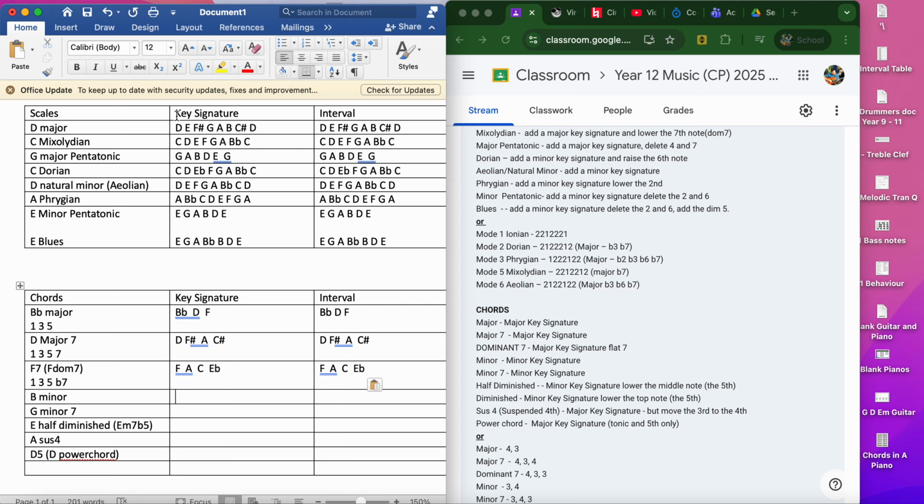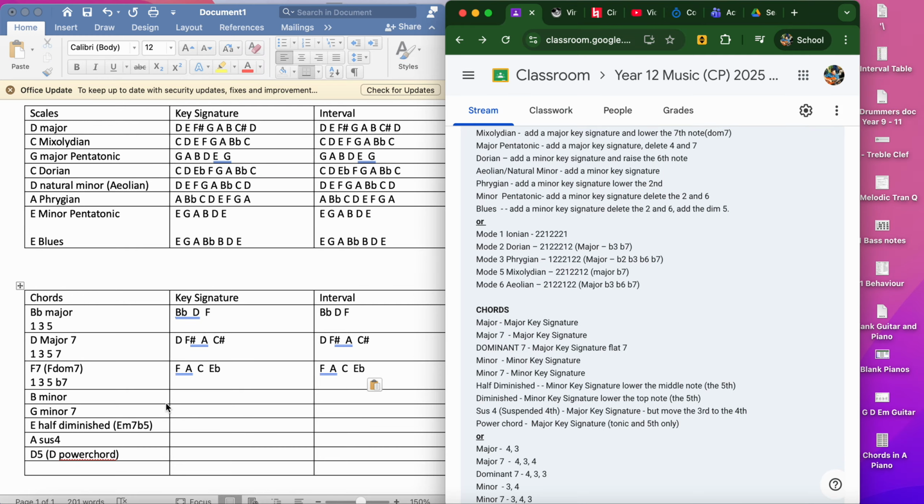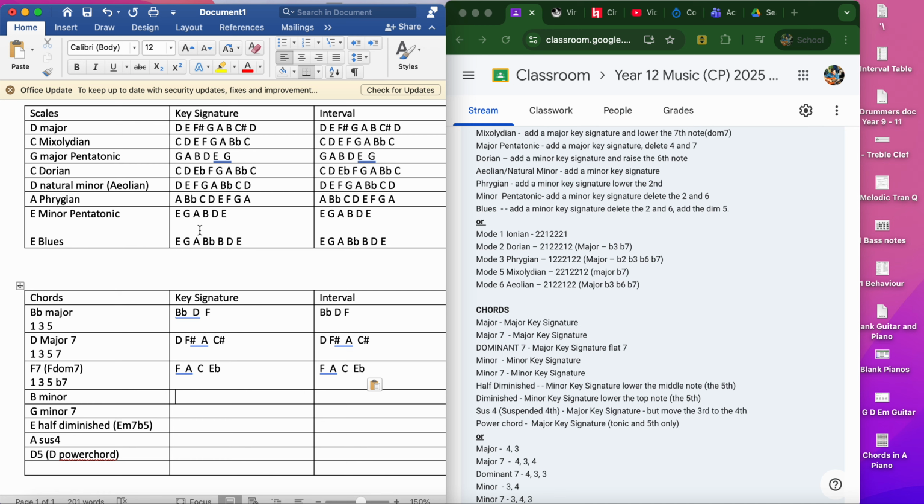Okay, so now we need a B minor. So what are we going to do? We need a B minor key signature. So again, we would have to do a minor scale, B natural minor, which ends up being this. Again, if you're not sure on your scales, go see the previous video. But that is a B natural minor,